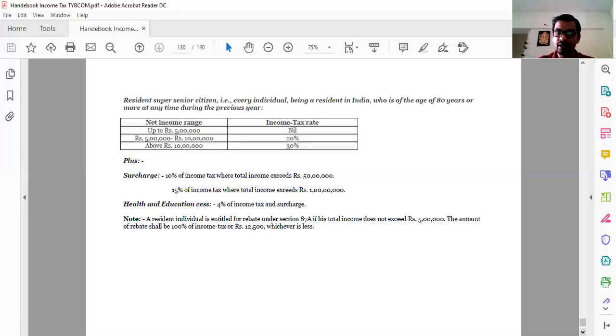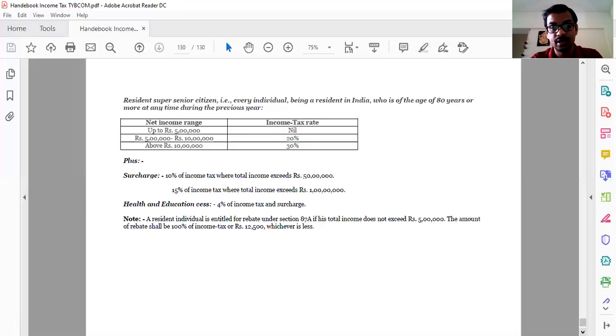Okay, and then surcharge is added when, suppose, the total taxable income of an individual exceeds rupees 50 lakhs. At that time, 10% of income tax is added as surcharge, and if such income exceeds rupees 1 crore, at that time 15% is added as surcharge. Okay, then from that the rebate is deducted. That rebate is available under section